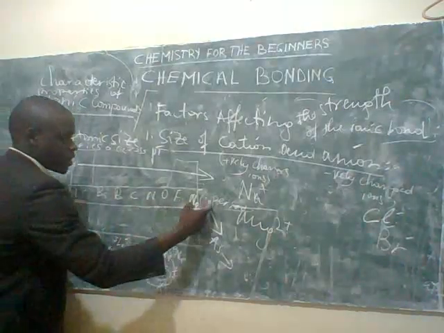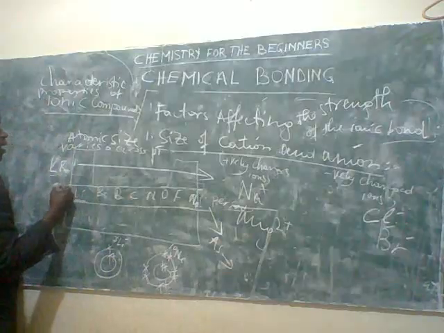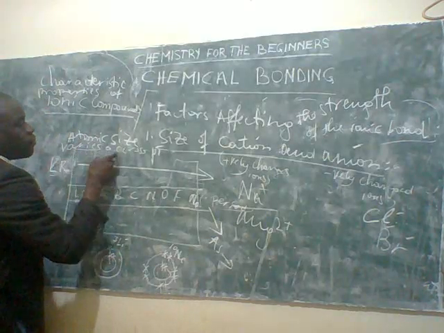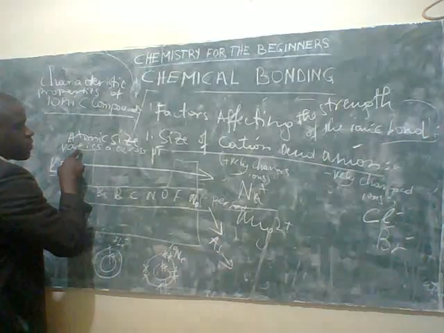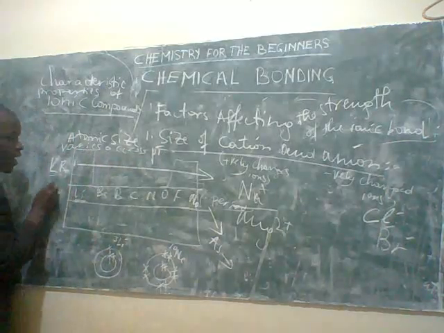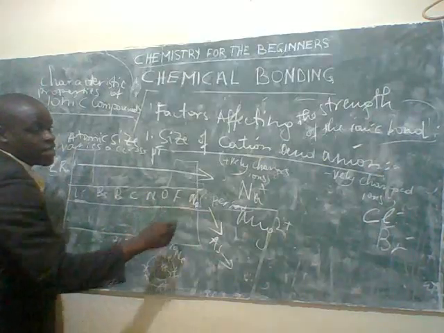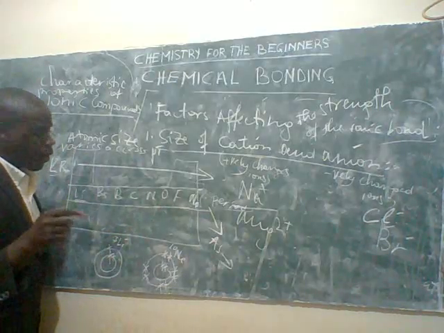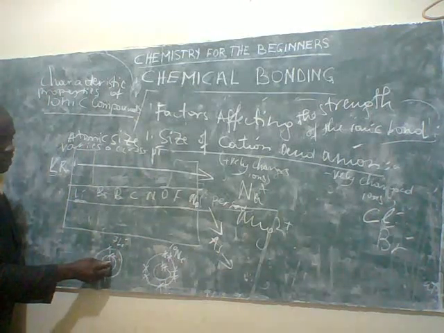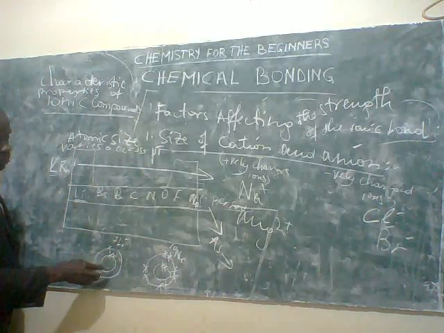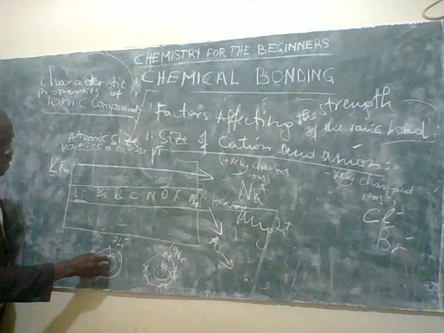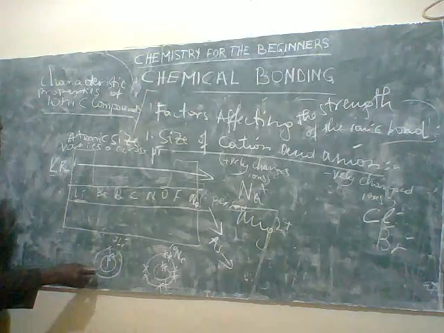If they are in the same period and you want to check how the size of an atom varies across the periodic table, from left to the right, they decrease. For the reason why, you see here, the number of electrons is always equal to the number of protons